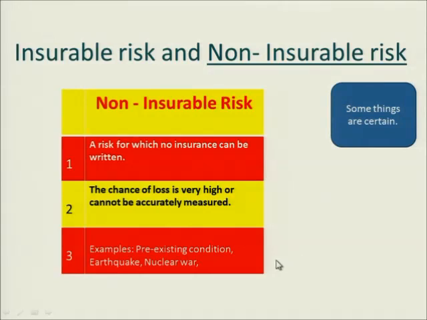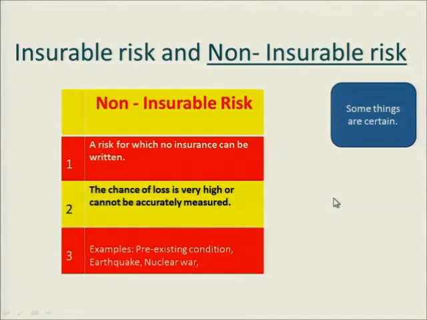Some things are very certain. We said on the insurable risk, things are uncertain. But here, things are certain. We know that if an earthquake comes, then this is going to be too much. Pre-existing conditions also. We know that if we are involved in this particular situation, if a payout comes from the particular insurance company, it's going to be this much. We are certain that 1 million will come after a certain period of time. So we are very certain about it,